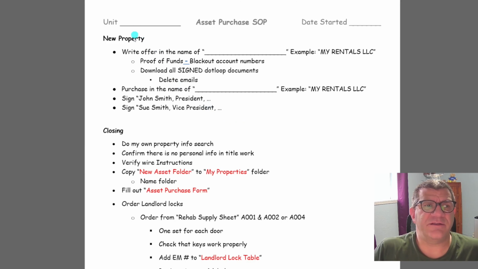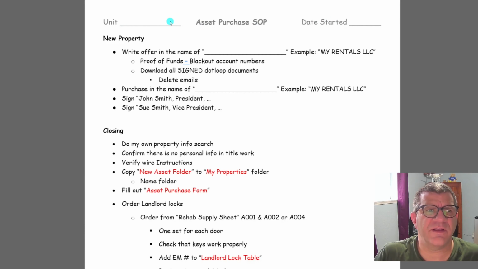So the first thing I do is I print out this asset purchase SOP. I write in the unit the name of the address here that I'm going to put an offer in on, and I write the date that I start this offer. And then each of these areas I highlight as I go through them. And that way, if I end up purchasing this property, I'll be able to scan this SOP into my folder